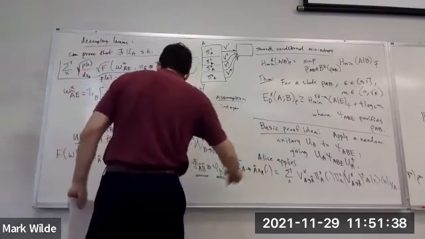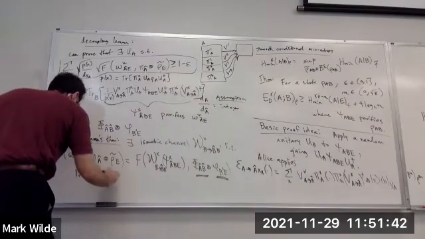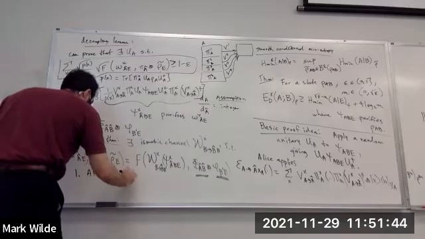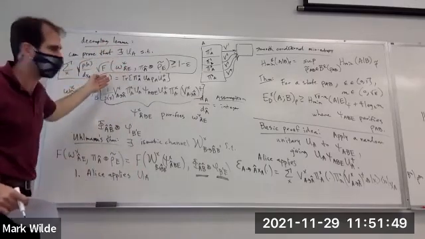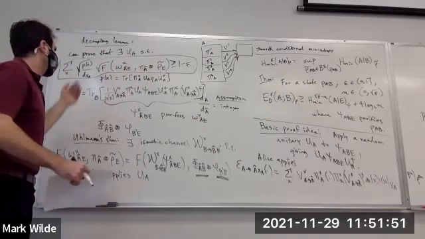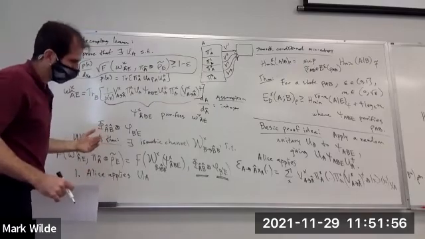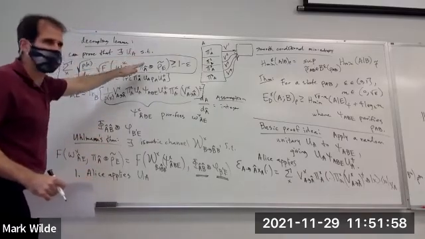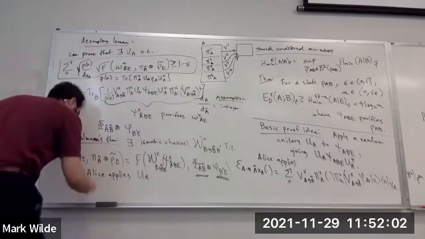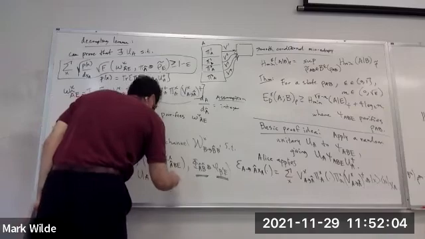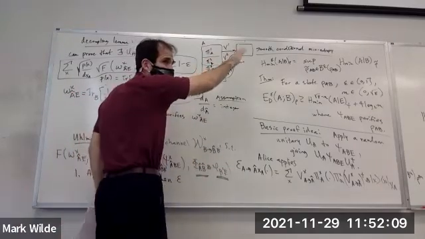Okay, so what are the steps? One, Alice applies UA. It has to be the UA guaranteed by this theorem. This was the whole thing, right? And then this has a very detailed and technical mathematical proof to get to this point. Right? So Alice applies UA, then this encoding channel, which is just like a simple thing, divide up the space. Right?